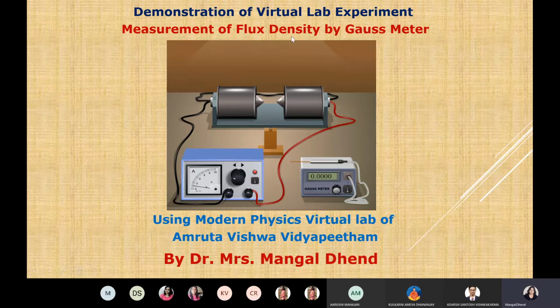You know magnetic flux density, and how you will measure that magnetic flux density using a Gauss meter. Gauss is a unit of flux density, you know. We just know that different units are there. So flux density is measured in Gauss or kilogauss, and therefore the device name is Gauss meter. If you see this picture, this device is a Gauss meter. But how this device will operate, what is inside it, that also we will discuss.